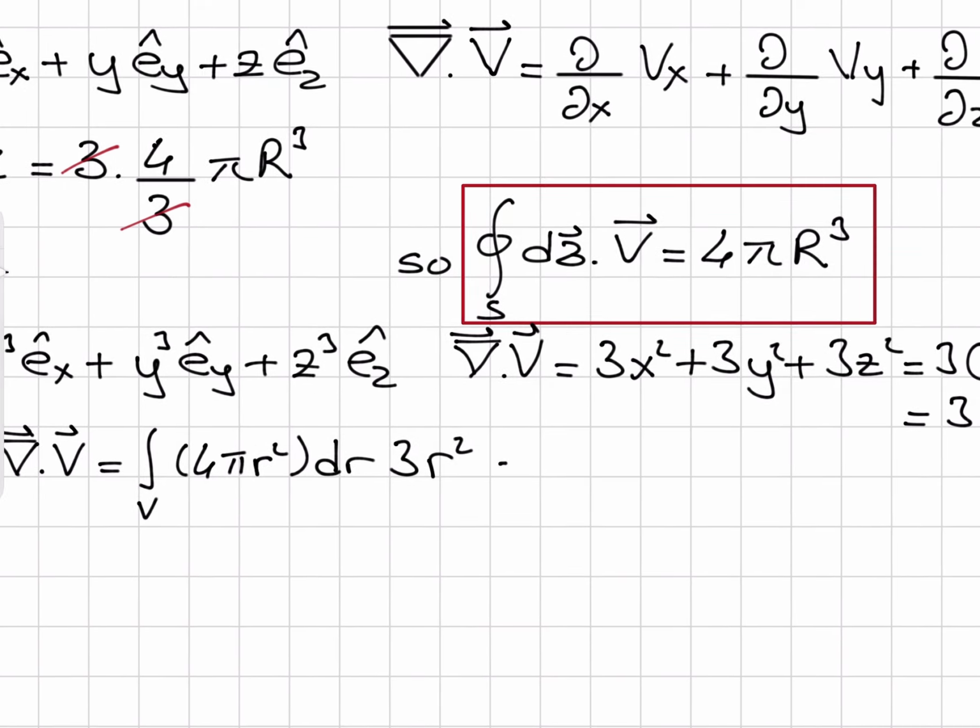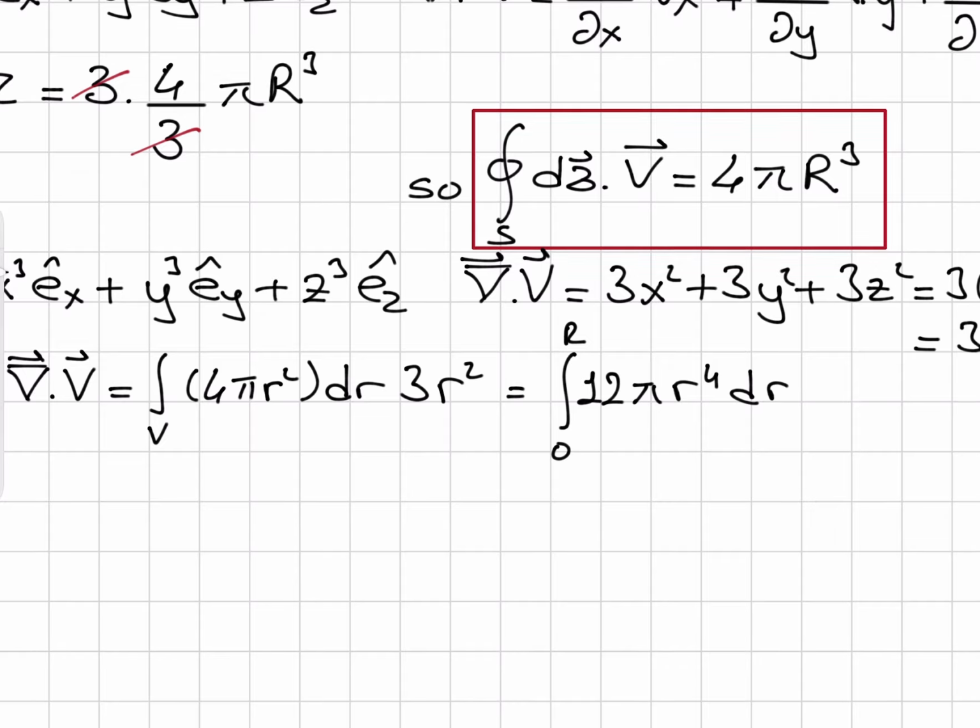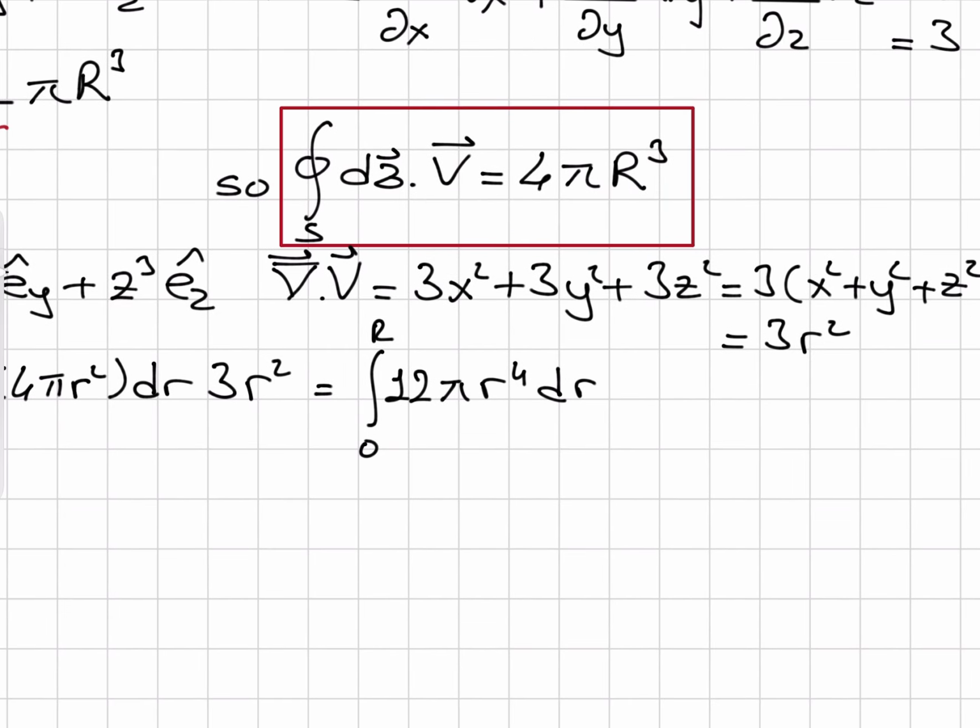So we have an r integral from 0 to capital R of 4 times 3, 12π r to the fourth power dr, and this will give us